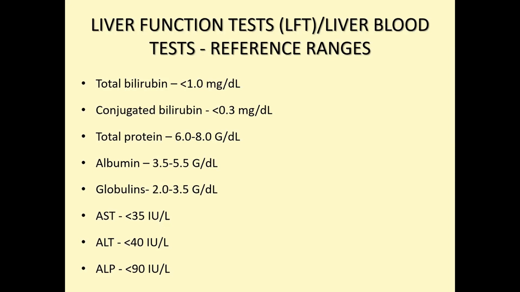So generally, it's considered as: bilirubin less than 1, conjugated or direct bilirubin less than 0.3, total protein 6 to 8 grams, albumin 3.5 to 5, globulins 2.0 to 3.5. If you're not measuring globulins, you subtract albumin from total proteins and you get globulins. AST less than 35, ALT less than 40 international units, ALP less than 90 or 90 to 120, and this